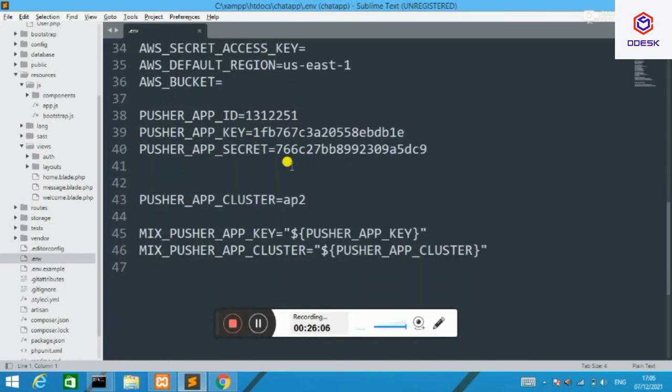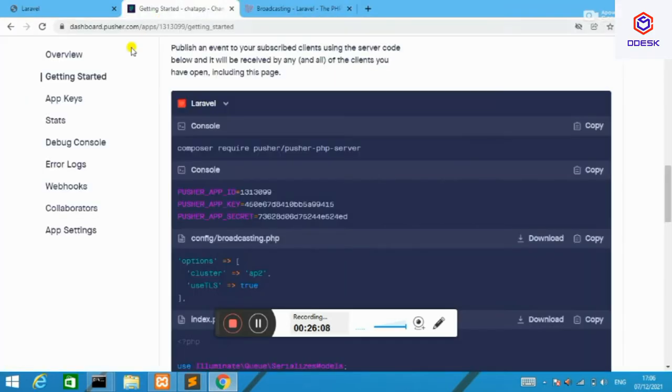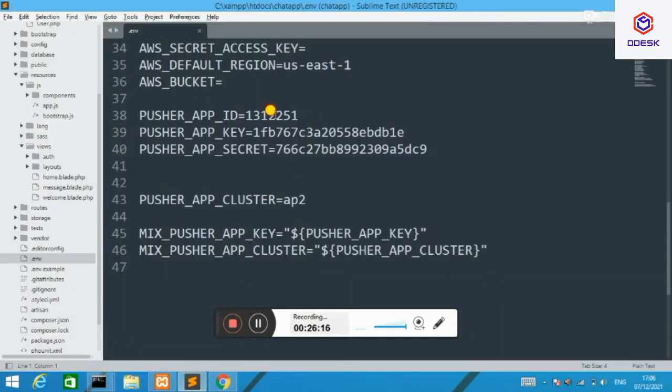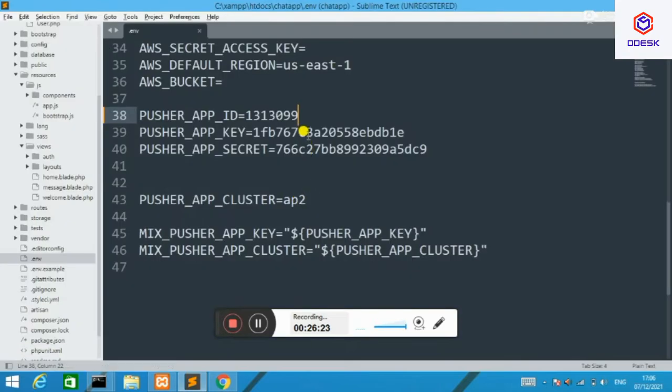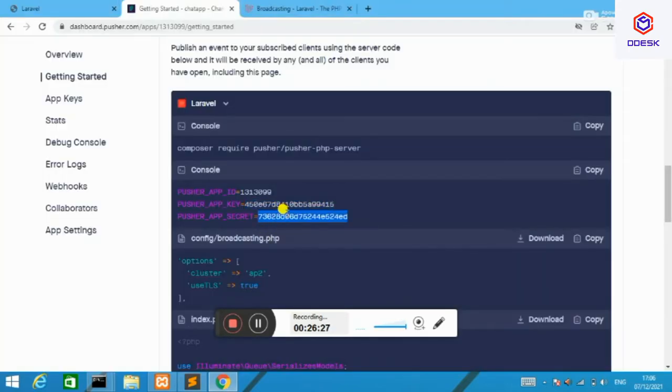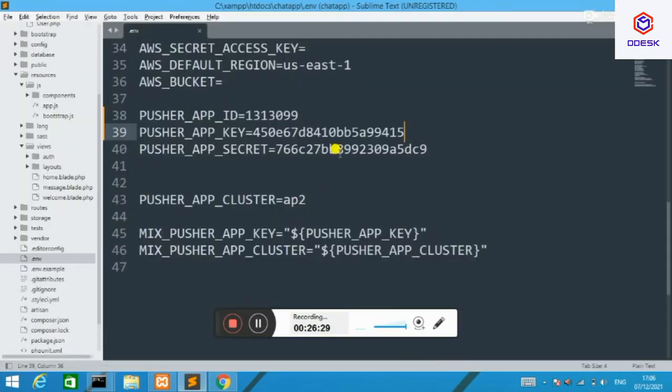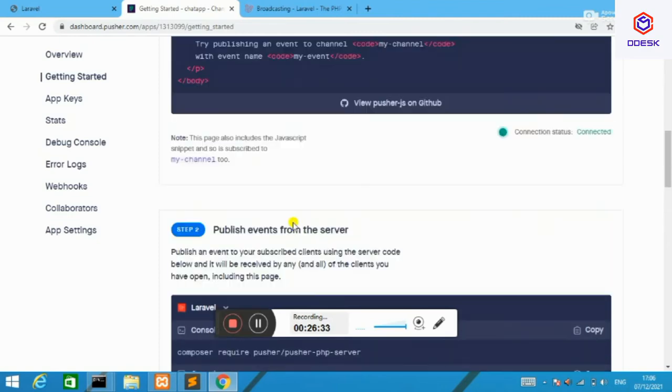Go into your .env file and update IDs here. Here we have 3 IDs. One is application ID, second is application key, third one is application secret. You have to update all 3 at the same time. If you are using it the first time, you would see all the entries empty first, then you can update